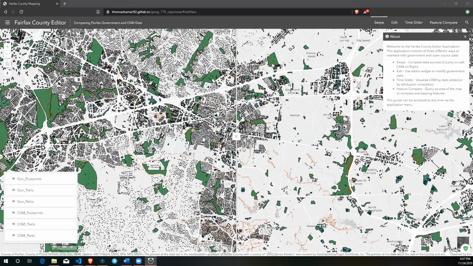So when you enter my web application here, you can see the default is that a swipe widget is turned on. I have county government data here on the left, and I've got OpenStreetMap data on the right. This About panel just describes the different tools that are available to a user. You've got the swipe mode. You have an editor widget that allows you to make changes to the county government data by using the feature